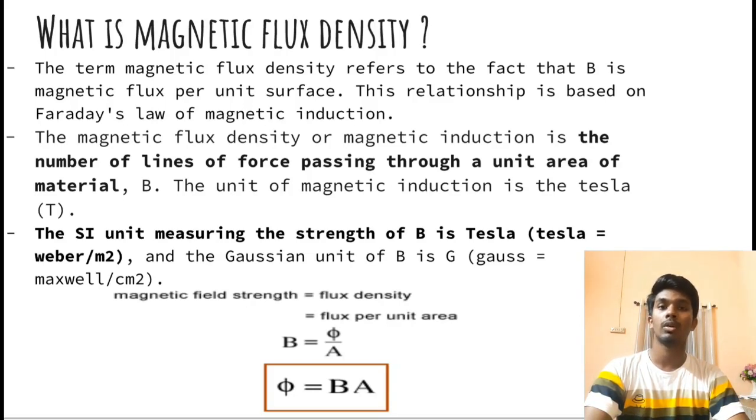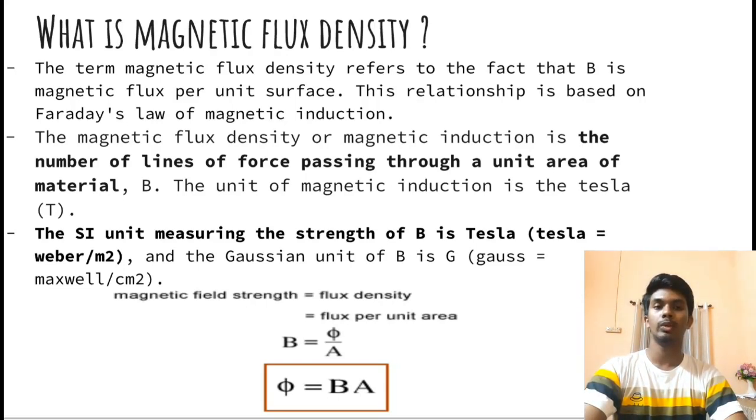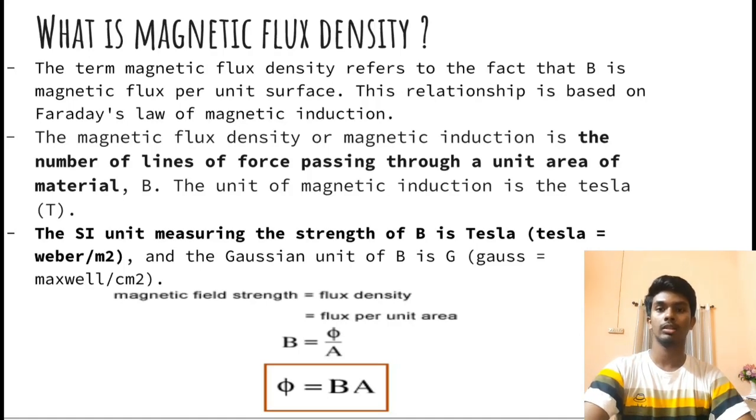This relation is based on Faraday's law of magnetic induction, which states that an EMF is induced in a conductor when magnetic flux through it changes with time. The magnetic flux density or magnetic induction is the number of lines of force passing through a unit area of material, B. Magnetic flux density is equal to magnetic flux upon the area, that is, B is equal to phi by A. The unit of magnetic induction is Tesla. The SI unit of measuring the strength of B is Tesla or Weber per meter square, and the CGS unit of